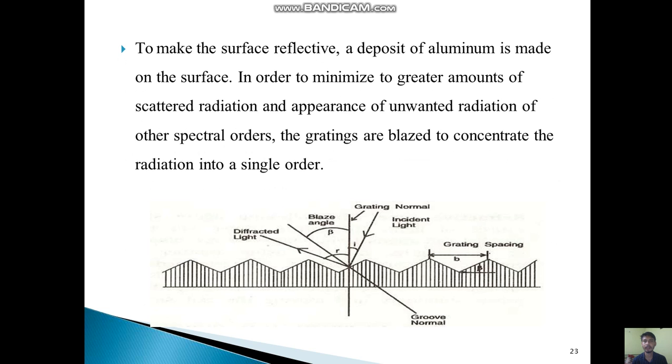To make the surface reflective, a deposit of aluminum is made on the surface, as you can see in the photo here, in order to minimize scattered radiation and the appearance of unwanted radiation of other spectral orders. The gratings are blazed to concentrate the radiation into a single order.